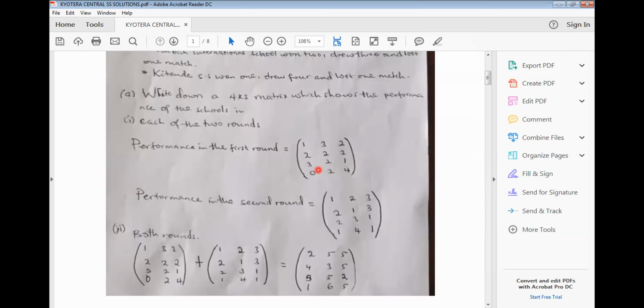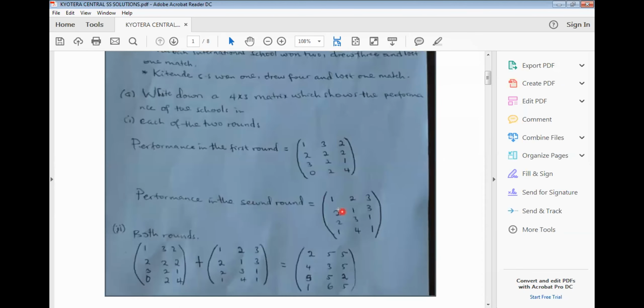And our matrix is written as a 4 by 3 matrix. Since they asked us to show the performance of the schools in each of the 2 rounds, now we just have the performance in the first round. We go in and we find out the performance in the second round, which is going to be given as